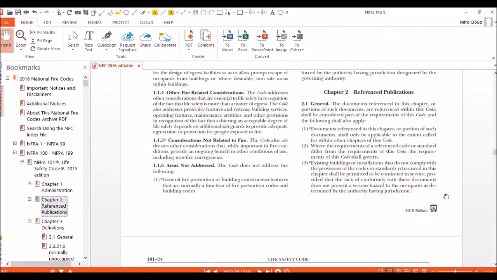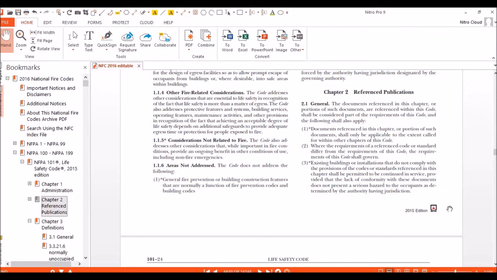The next thing is, what if there are requirements in other documents which are being referenced in Chapter 2 that differ from Life Safety Code? In that case, requirements of Life Safety Code will take precedence.